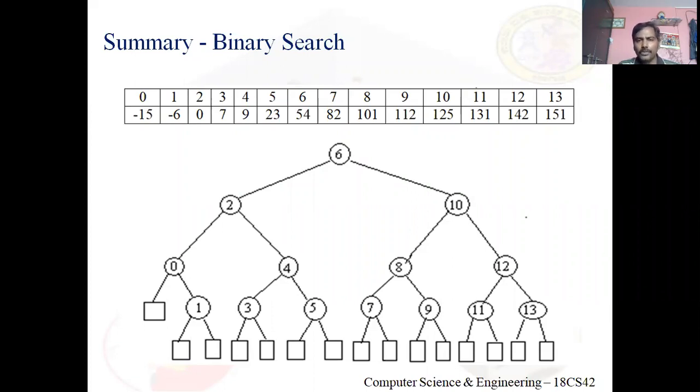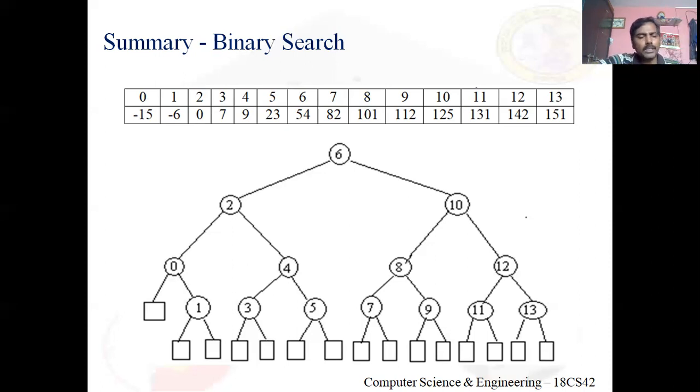Got it? If you observe, node 7 is in between 6 and 8. Node 9 is between 8 and 10. Node 11 is between 10 and 12. Node 13 is after 12. Now, those rectangular nodes represent unsuccessful elements. You remember, I taught this in binary search. So first, you construct the binary decision tree like this.